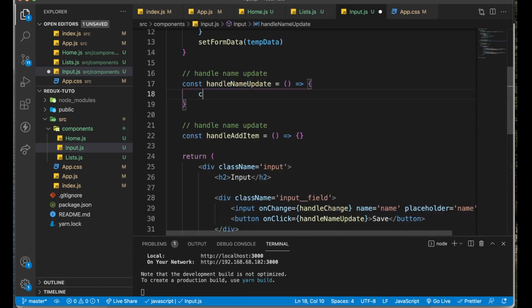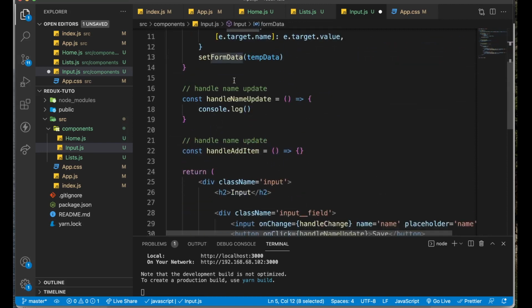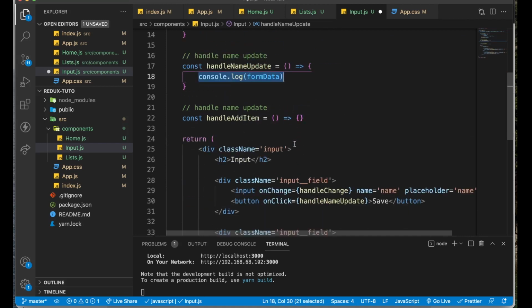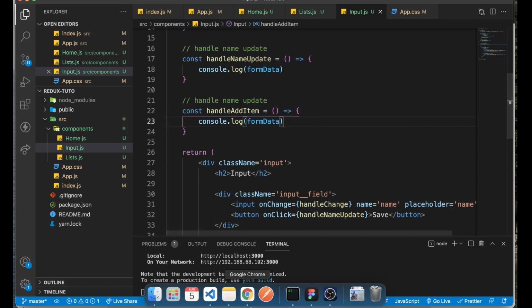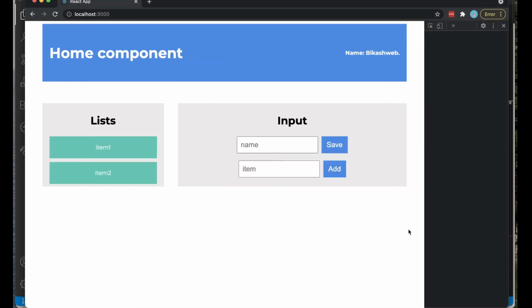What I can do is console log this form data. It's easier that way. And then I will also copy the same thing, and console log form data also in handle add item. Now if I save this, and if I go here, let's open our console,